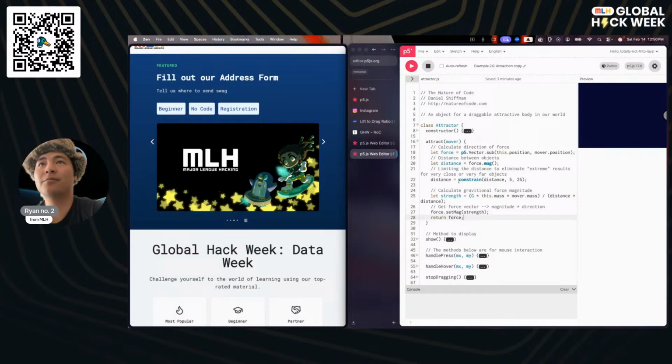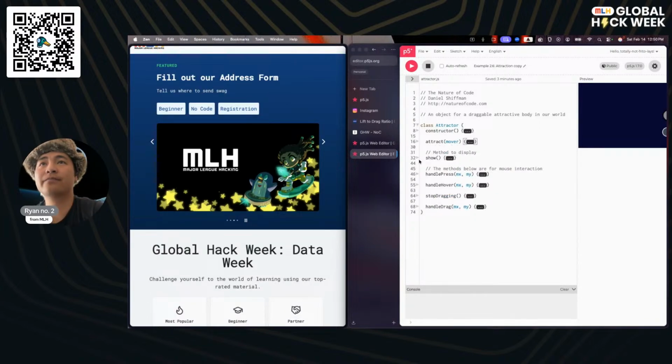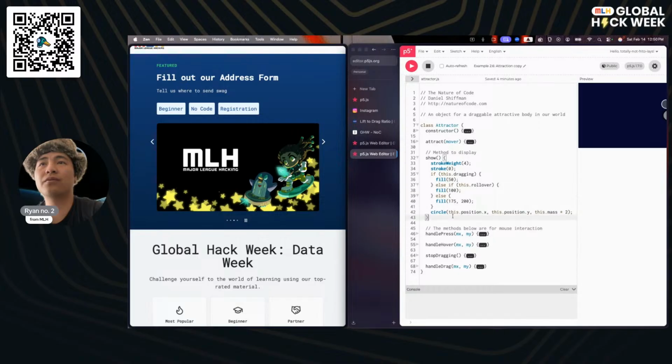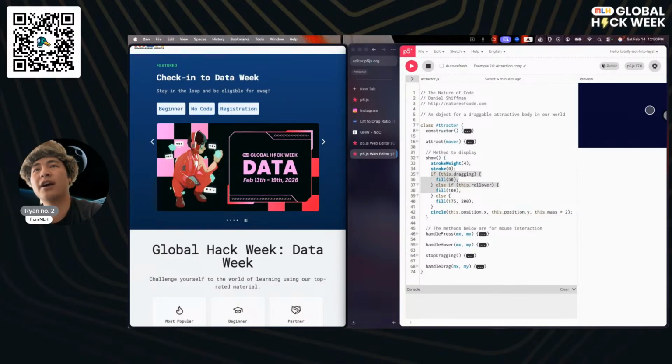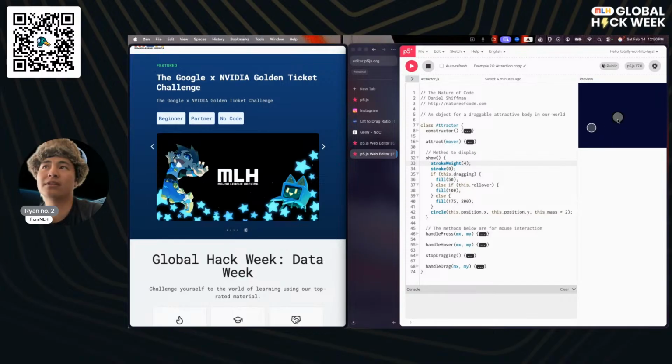All right, so that is the attraction function. The show function shouldn't be too crazy. This has some condition statements, and that's just to make it more obvious when something is currently being dragged. So it's more of a user experience thing than a physics animation thing.